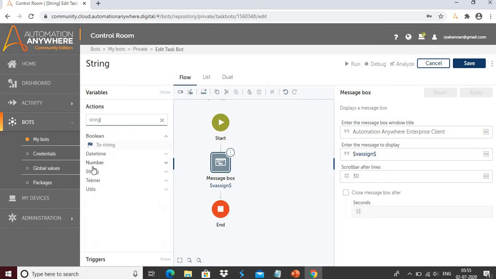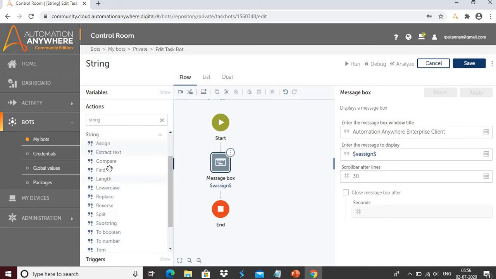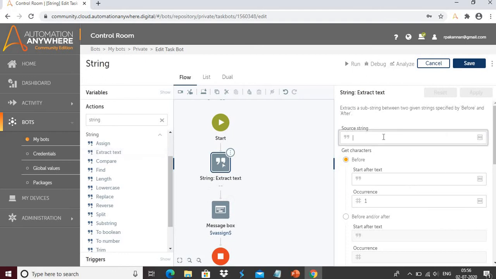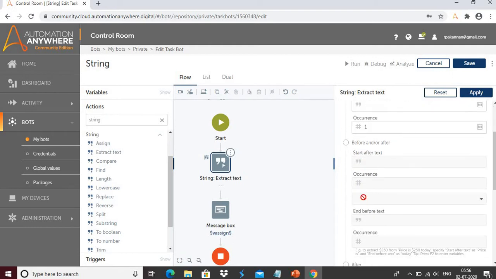Again I will go to string. At this time we are going to use extract text. Just drag and drop the extract text. So what is the purpose of this extract text? Using this you can extract the particular text from the source string. At this time I will use Automation Anywhere 456 as the example. We have three options over here: before, after, and before and after.